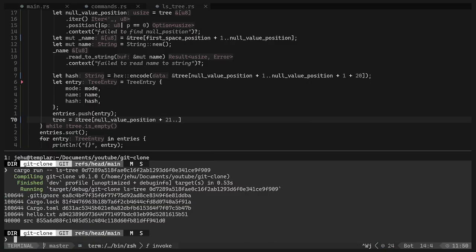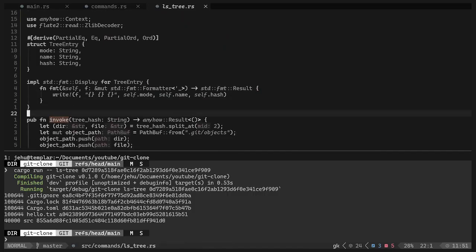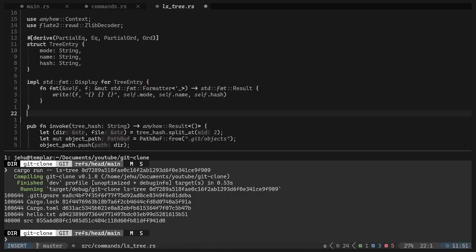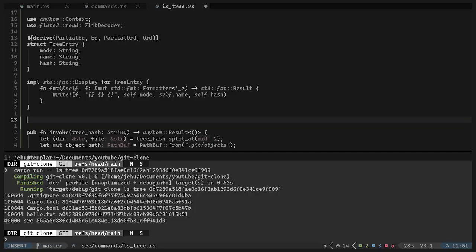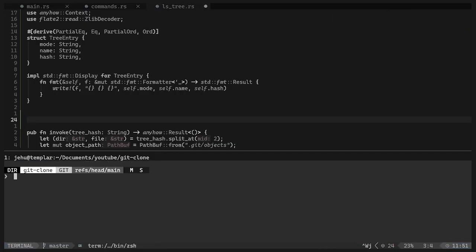Come on. Yes. Yes. Okay. That's amazing. That's fantastic. That's fucking fantastic. So because if you do a git ls tree,